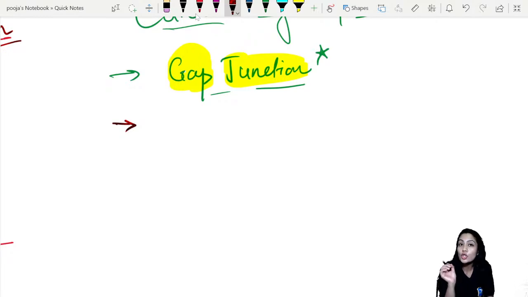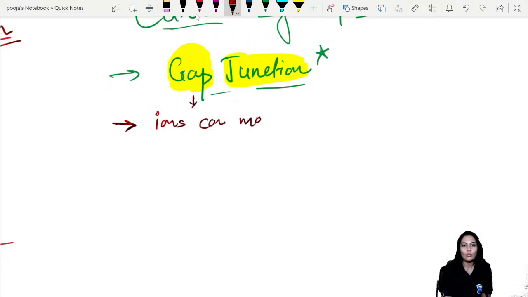I told you this is a shortcut, so the duration they require to go from one cell to another is very less. So because of this gap junction,